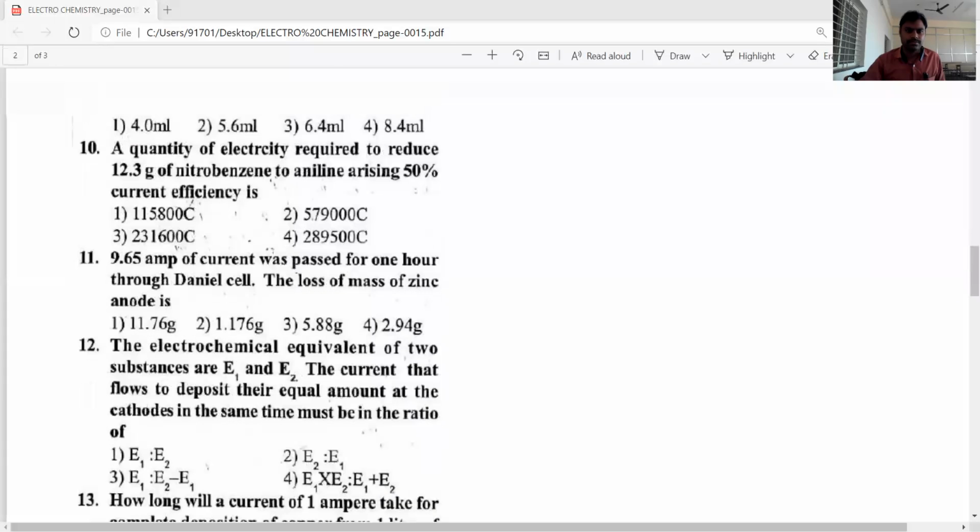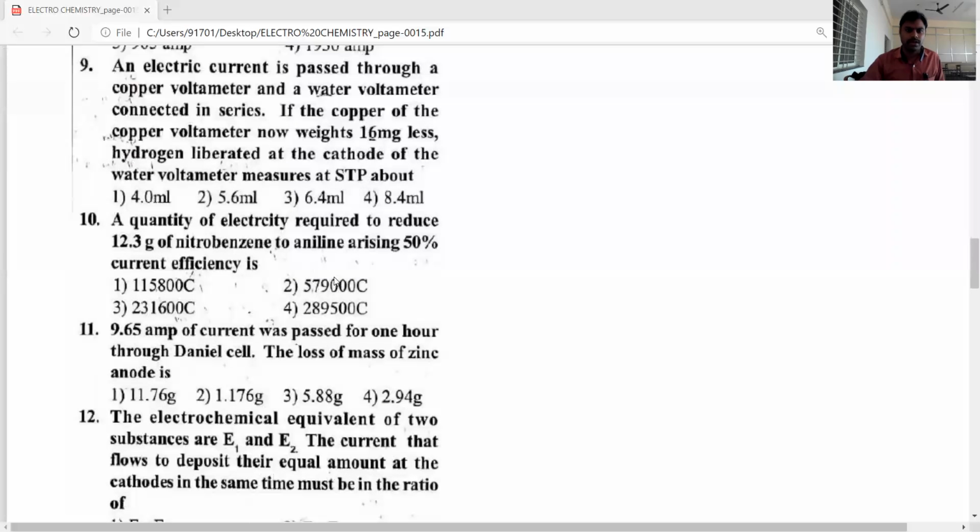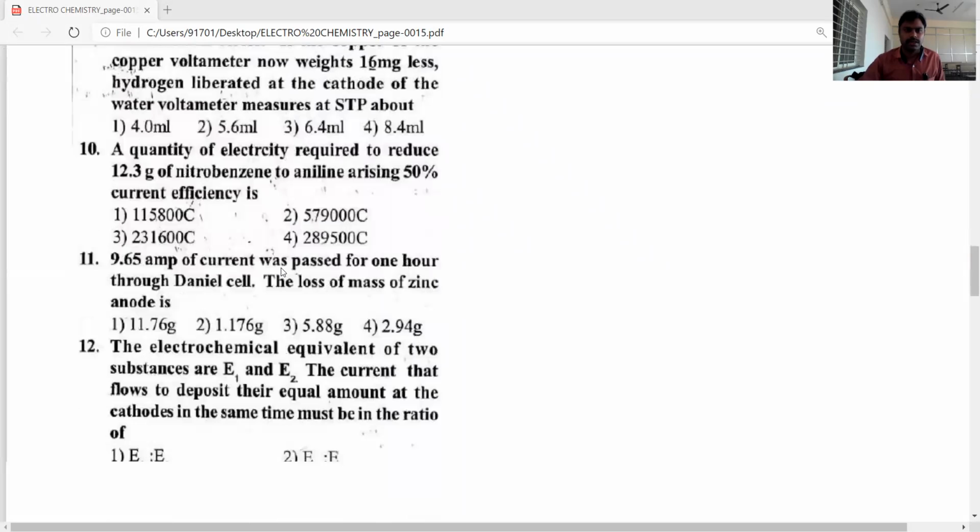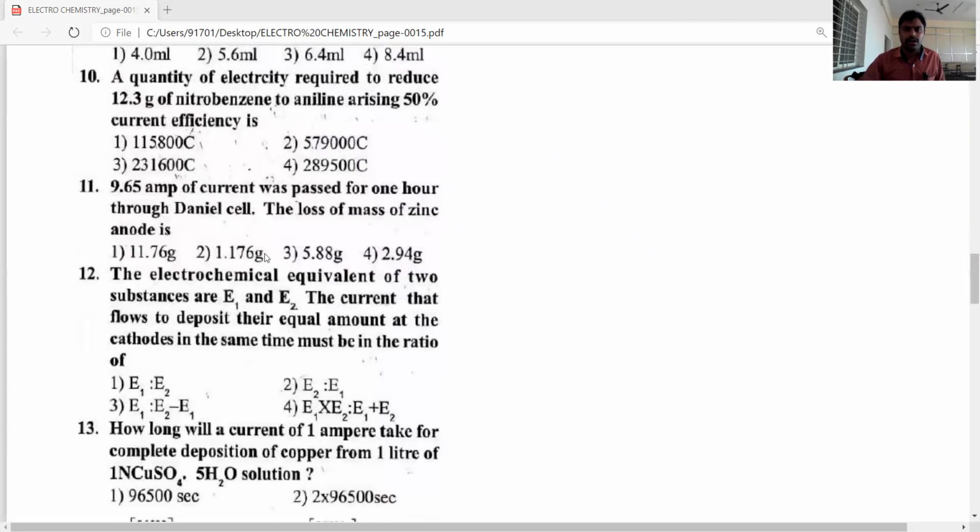Okay, let's see the 10th question. The 9th question is over. How many ml of hydrogen gas is liberated? That is 5.6 ml. Now the 10th question, the quantity of electricity required for reducing